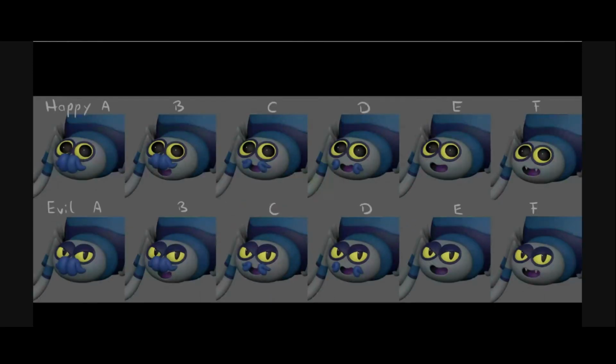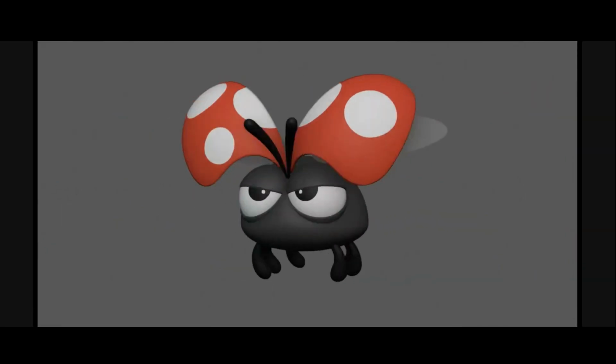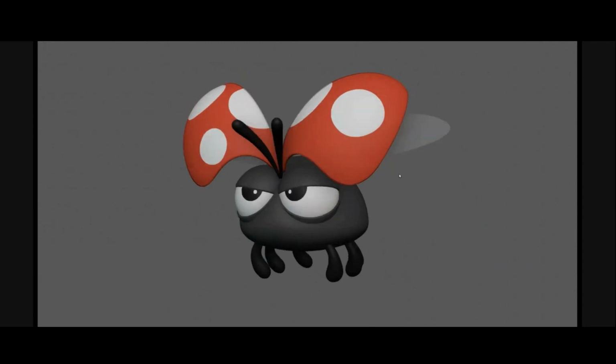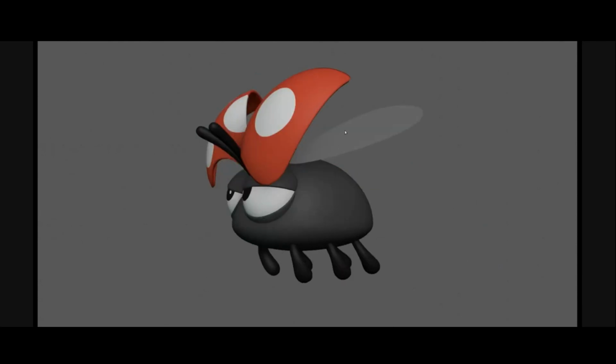There were two more tests being done, one of just how the ladybug would open its wings for flying. So this shape over here was overall more rounded, simplified. I think the overall body can be kept pretty simple. We can add a little bit of detail in the shading and texturing. And the wing itself could be just as simple as just grease pencil smear frames, just keeping it very cartoony